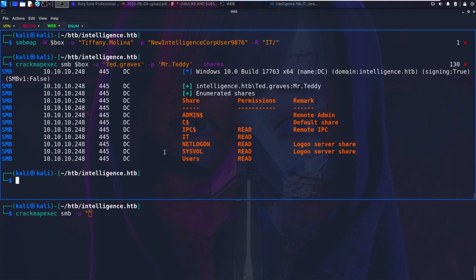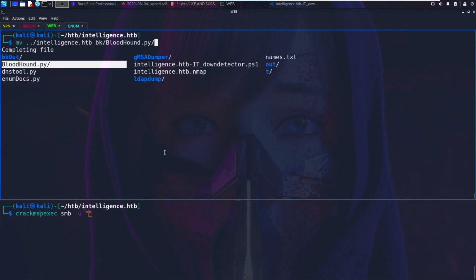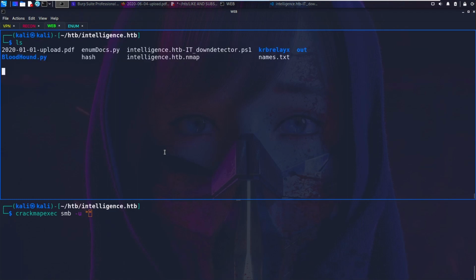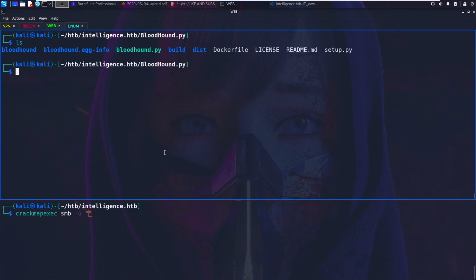So we can go ahead and use what's called the bloodhound Python ingester. Just for the sake of ease, I'm going to move it from my previous one into this current directory. It's a little bit weird, I know, but I just want to pull it out. It should be in here, so bloodhound.py, put it into here, cd into bloodhound.py, and then we should basically have the bloodhound ingester here. I'm going to run simply